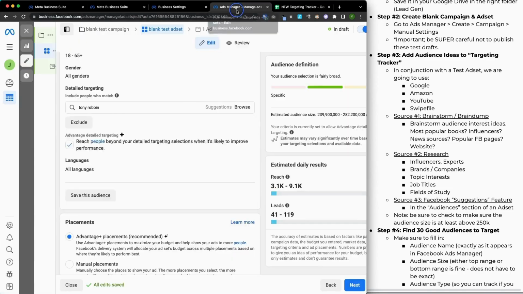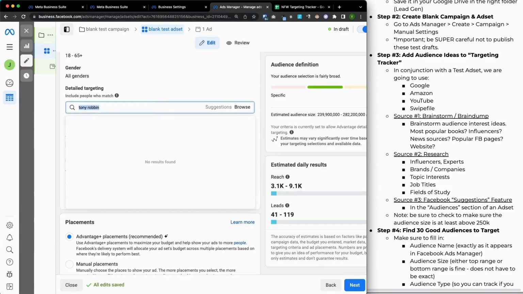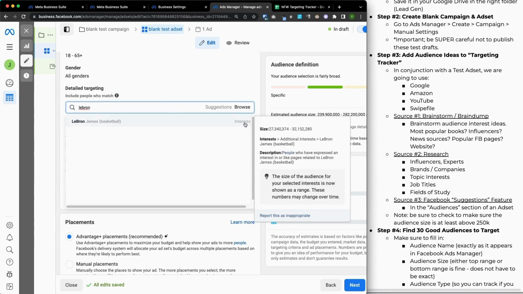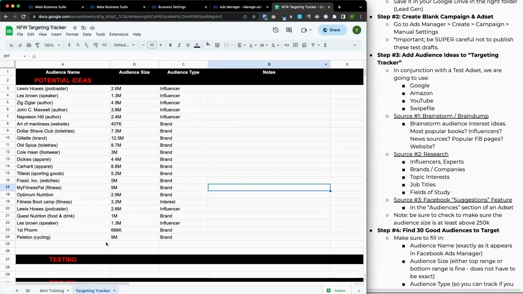Now, the other thing you're going to see on here is that we have one interest, but we can also mess around with some of the other interests on there, right? So maybe somebody who's interested in basketball, okay? Now, this is going to be an interest. So you see on here, it says an interest versus if I went over to LeBron James, I know it's going to say interest for LeBron James as well,